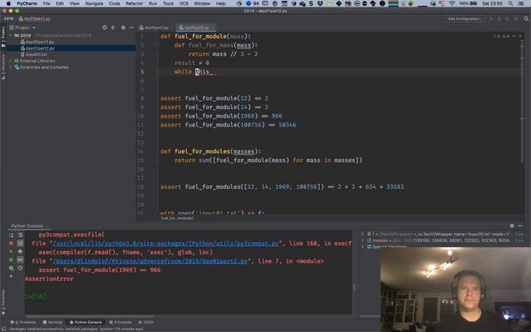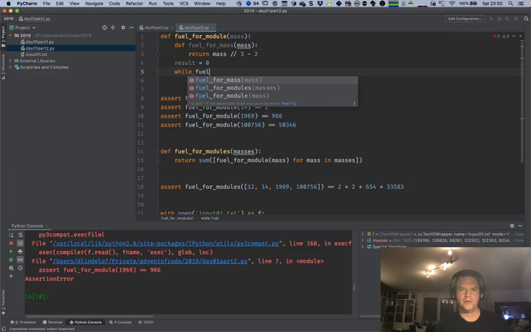So the result will be the final result. So while fuel for mass greater than 0,